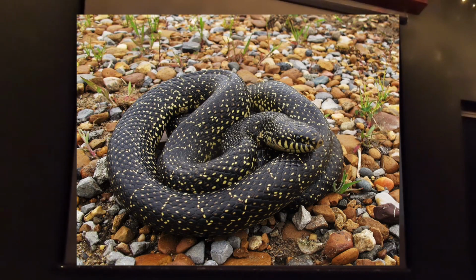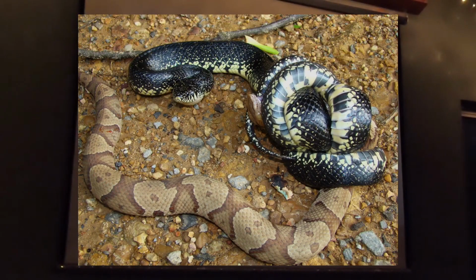The most published work on this snake is by a guy named Burbrink, I think back in 2009, and they were saying that the Mississippi River was a barrier to genetic dispersal, and the fact that the snakes looked identical on either side of the Mississippi River was simply a matter of convergent evolution, where the habitat provided selective pressure for certain phenotypes of snakes. And the thing is, they never really adequately sampled the contact zones, so they're surmising this based